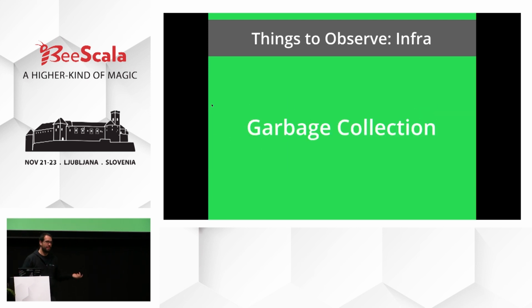First, garbage collection. That's kind of an obvious thing. It doesn't hurt until it hurts. Sometimes you just go and deploy something that you thought was super awesome. I'm just caching all of these things to make everything faster. And then you have a bunch of things on your heap, and then suddenly you're jumping from 50 milliseconds of garbage collection to 2 seconds of garbage collection every single minute. And that is quite some time that someone is waiting for your service to be responsive. So I think it doesn't need explanation. Please have a way to measure how much time you are spending on garbage collection and how often you are doing garbage collection.